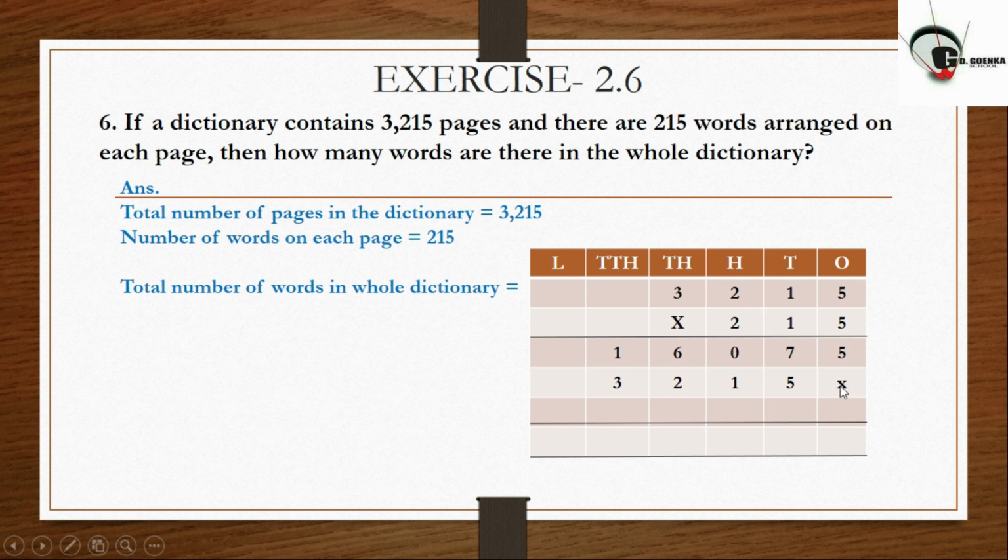So we have got a cross over here, or we can write down 0 also instead of the cross. So 1 multiplied by all these digits will give the same digits 5, 1, 2, 3. Next step, as we are multiplying by 2 and 2 is at the 100 place, we will start writing the answer from here, from the 100 place. And what about these two? These two we can put a cross over here, or we can put zeros.